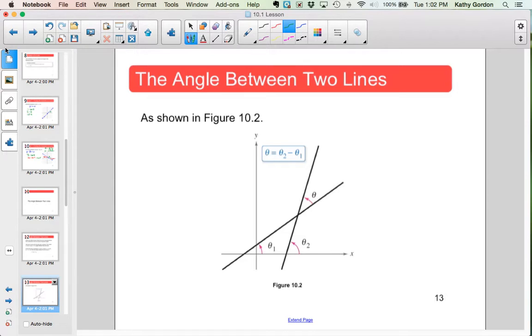Okay? Pretty simple, right? The only problem is we're not usually given the inclinations of the lines. We're usually given equations for the lines, which we can find slope for. So yes, we could go through the work to find the inclinations and then subtract the two to get the angle I'm interested in. But if I could shortcut that a little bit, that'd be really nice. And we can. So the shortcut